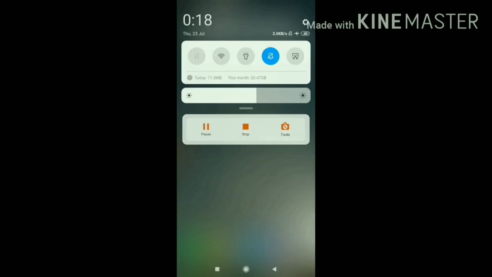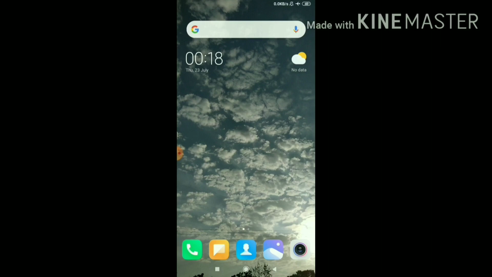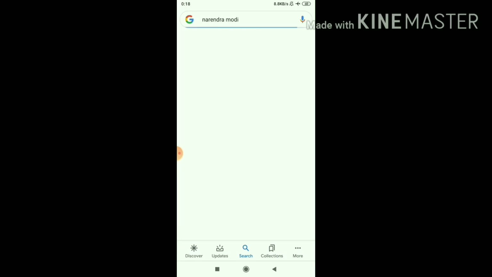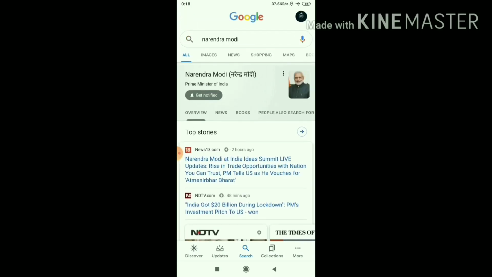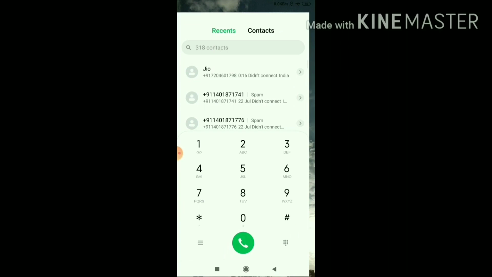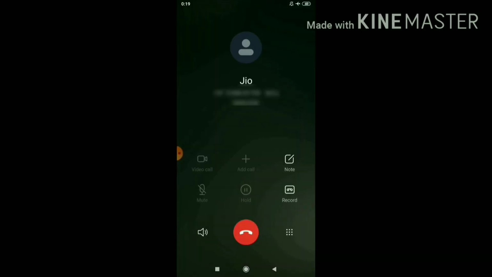Airplane mode is on here because the sign in the status bar is active of airplane mode. So now you can go to Google and search anything. It shows the required result in spite of airplane mode is on. Also, let's try making the outgoing call which we were not able to call when airplane mode was on. So go here and call. So we are able to call now. That is, we are able to call even when airplane mode is active.